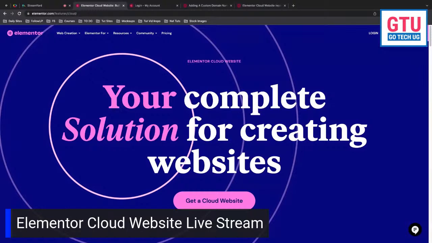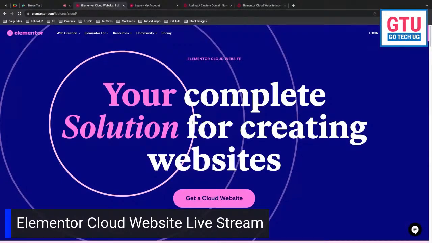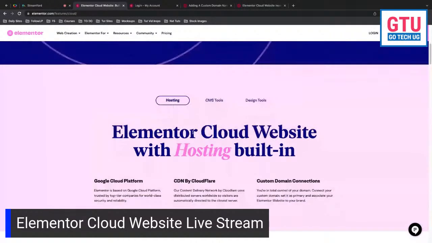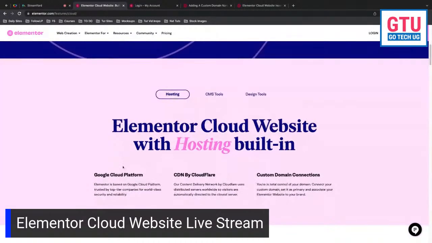It's actually a new milestone for Elementor because it's going to save you creatives and professionals time on how you create websites for yourself, for your clients, and for your projects. Among the exciting things on the cloud website product from Elementor is that they are doing the hosting for you. Elementor is going to take over the burden of the hosting, the security of your website, and also